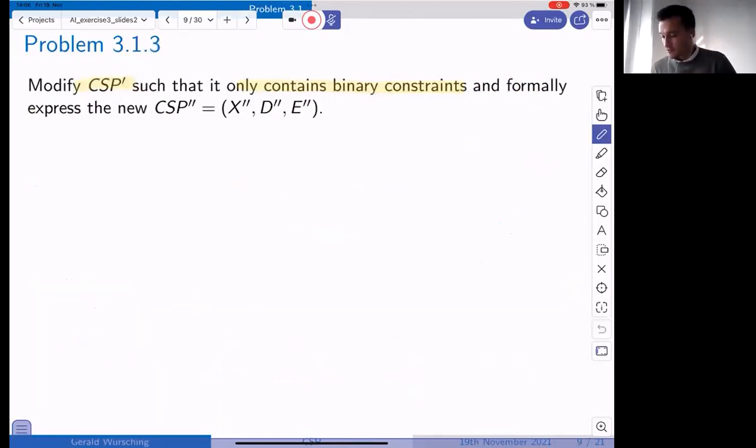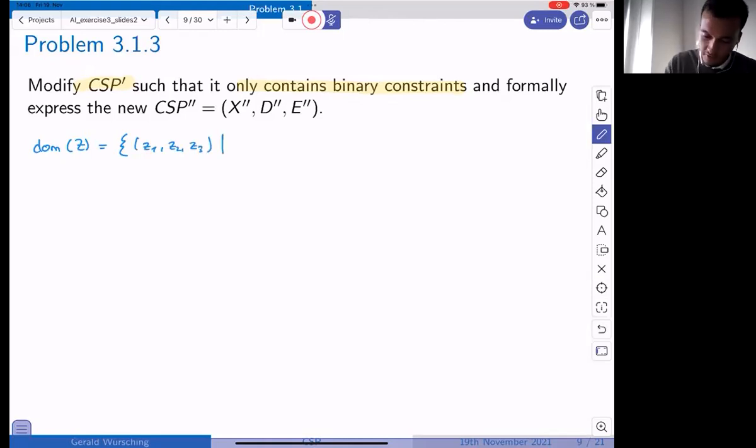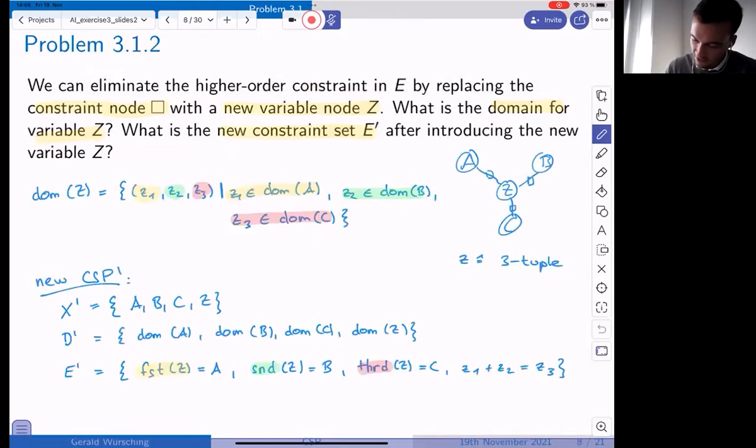Okay, so we said we have to change the domain of Z such that we can include the unary constraint directly. So we're going to write how the domain of Z looks. Our variable Z is Z1, Z2, Z3, and we want to consider this constraint directly in the domain.